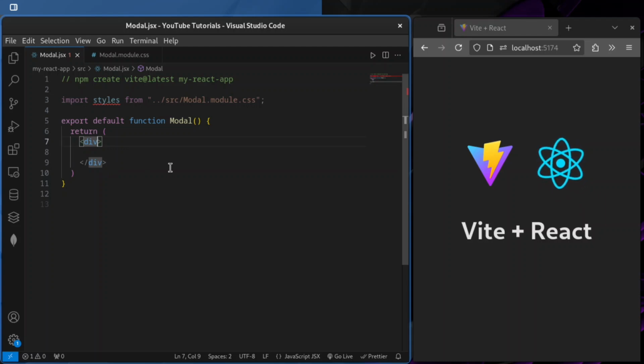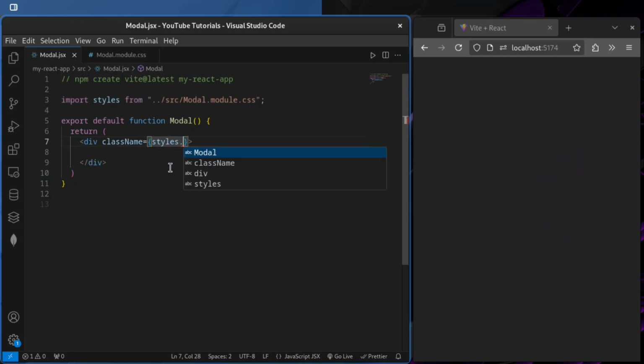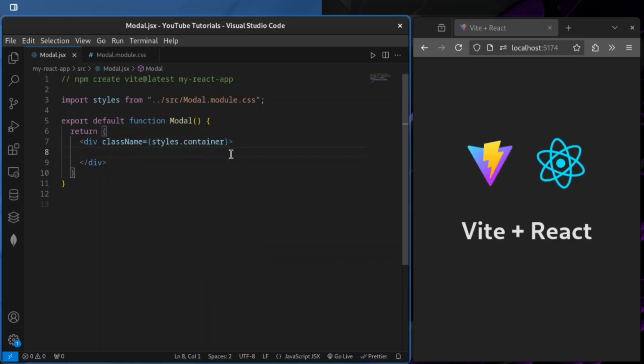Always keep a container. So what I'm going to do, I'm going to write the class name, and then here I'm going to use styles dot container. We have not written any class name yet, but I'm going to use this container. And then within this particular container, I'm going to create a button. So this button will help me